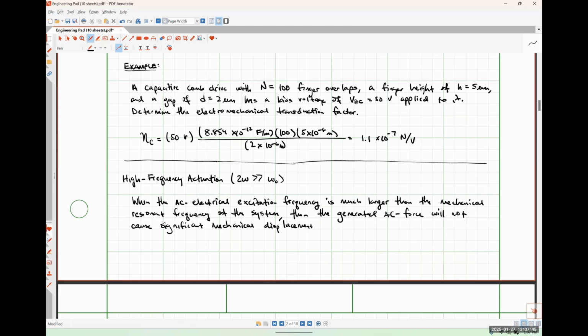If we try to essentially vibrate a structure, and we try to vibrate it too quickly through our AC excitation, we're not going to be able to induce large displacements, right? So what's happening here is essentially that our AC force under this case is essentially negligible. And the only thing that we are really going to see is the DC force component of our overall force, okay? So this DC force,